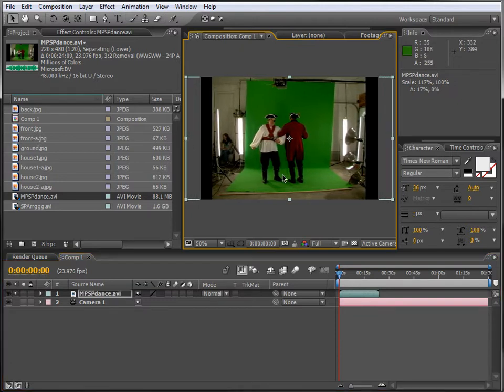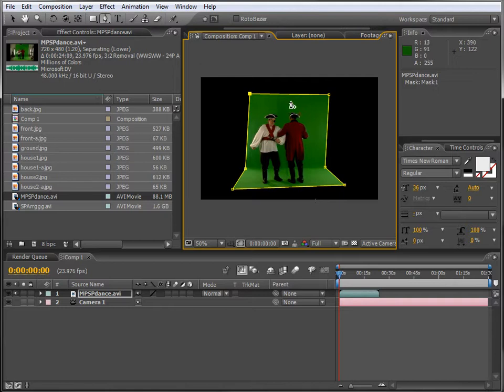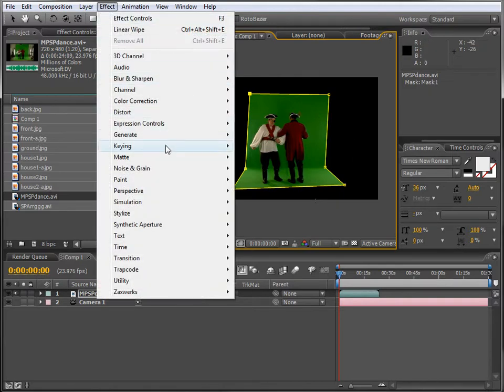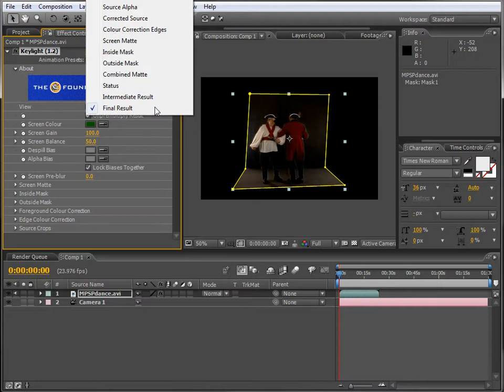Let's apply a mask to this. So I want to remove it here. This is very rough, and now we'll key out. Alright, so we go effect, keying, go Keylight. Let's select our green color. Now I want to go to